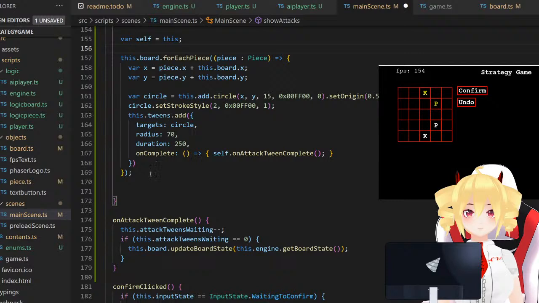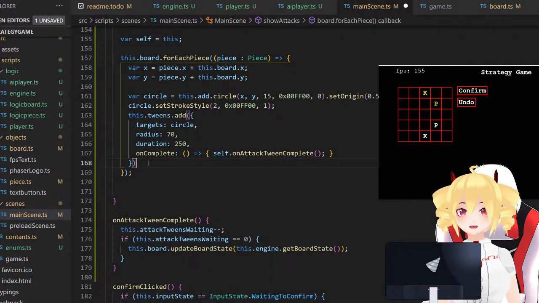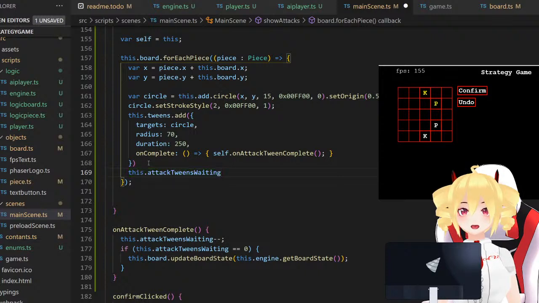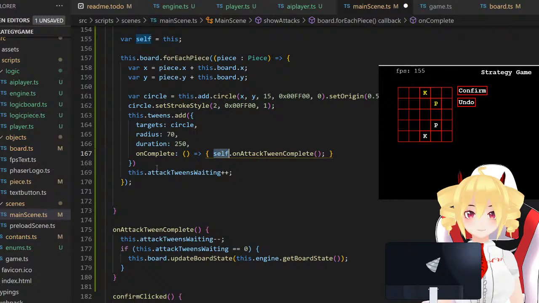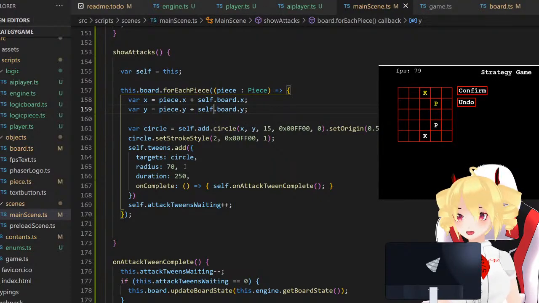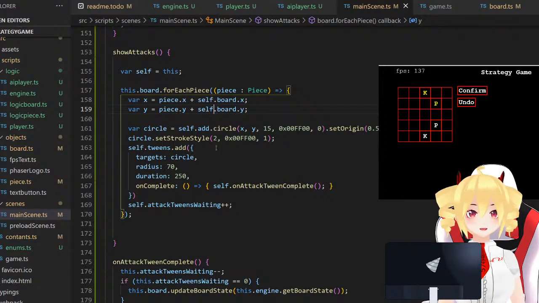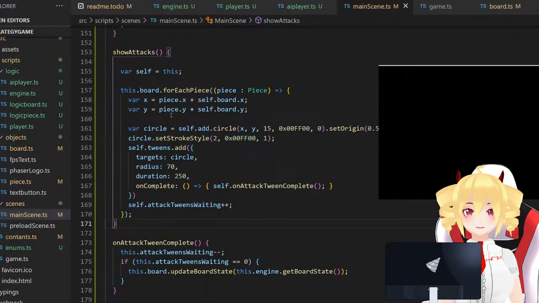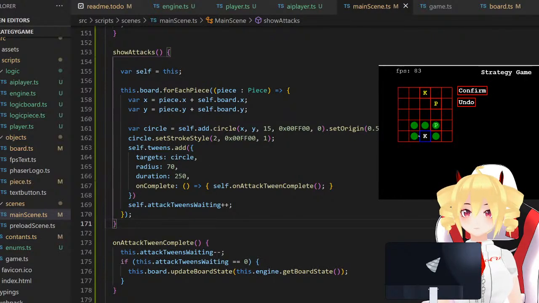Alright, then we want to have it scheduled. I really should be using self a lot here because this is inside a function. Okay. So that should schedule the attack tweens on every single piece, really, which is a little on the silly side, but